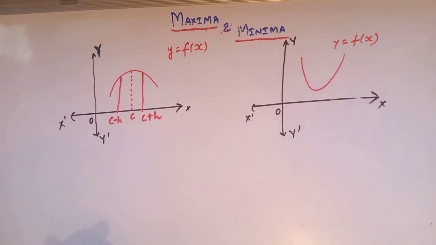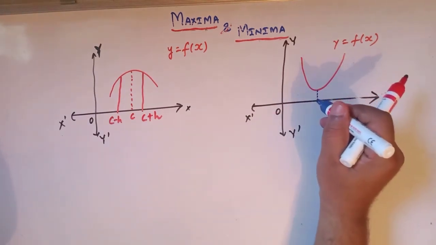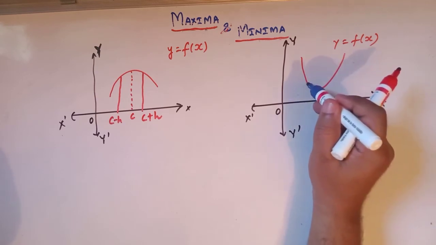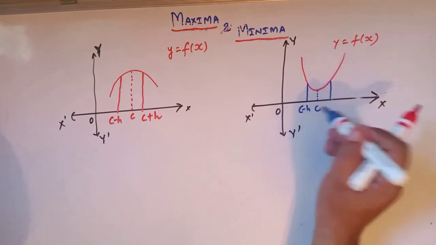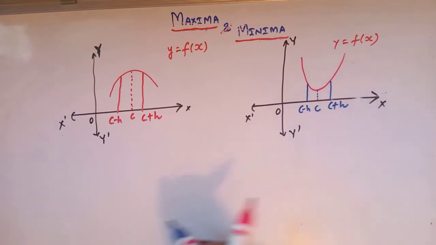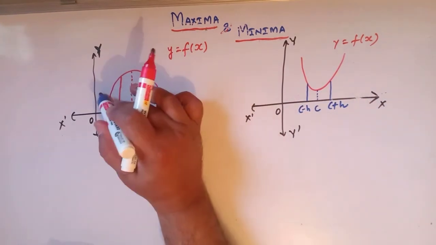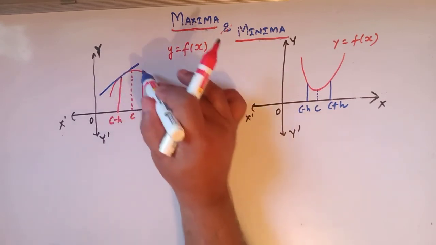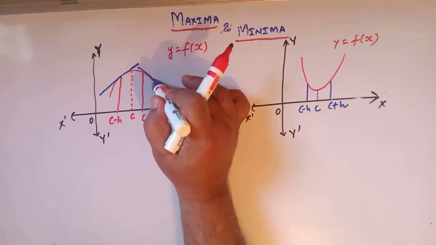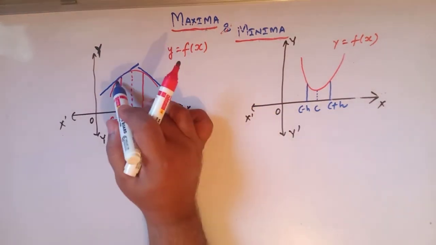Now when we draw the tangent at this point and at this point, we see that